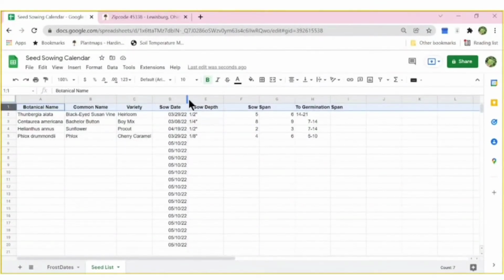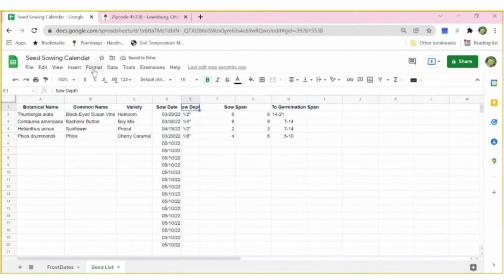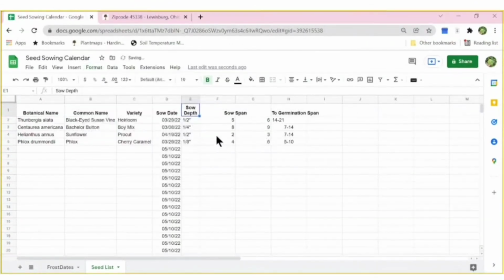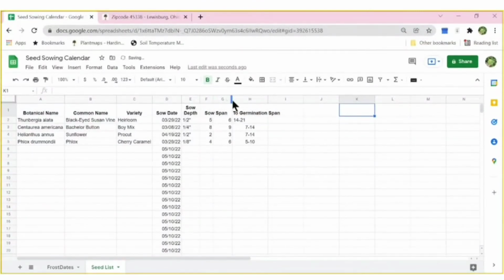The sow date, I want it to be just a little bit smaller, so I'm going to scoot it in just a little bit. And our sow depth is a little too big for my liking, so I'm going to push it over a little bit. Now you see the words sow depth do not fit in the cell, so we're going to wrap it so all the words are in one cell. We're going to make the sow span smaller, each column. I'm doing this partly because if we want to print this out on an 8.5 by 11 sheet of paper, it will all print out on one page, depending on how many seeds you have, of course, as far as